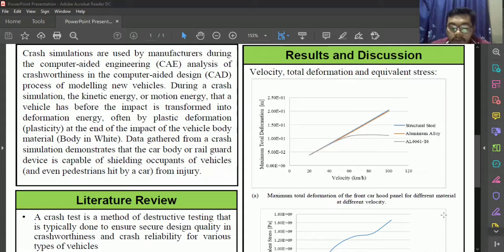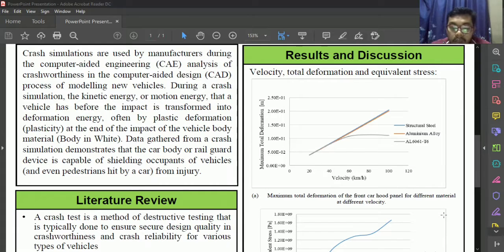The difference in total deformation between structural steel and aluminum alloy is small compared to the difference between structural steel and AL6061T6. This may be related to the compressive yield strength of the material. The compressive yield strength of structural steel is 2.5 × 10^8 Pascal, while for aluminum alloy it is 2.8 × 10^8 Pascal, and this may cause the difference in total deformation between these two materials to be small,